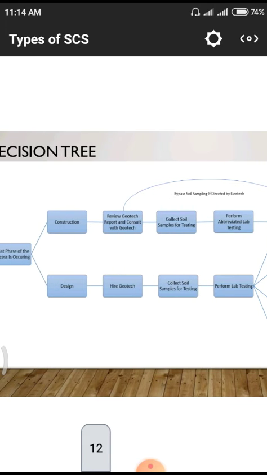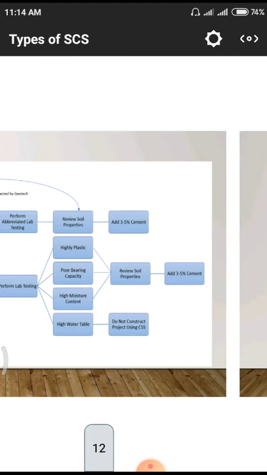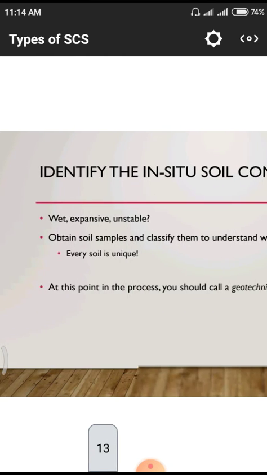But in the case of structural engineers, in the form of construction work, how will they work in the first phase? They also have to depend upon the reviews of geotechnical engineers and consultants. Then they have to collect the soil samples for testing. Once that is over, we go for soil properties, and they have to decide how much cement is required for those conditions, 3 to 5%, or there may be some change. Okay, these are the different steps involved in the total construction phase.